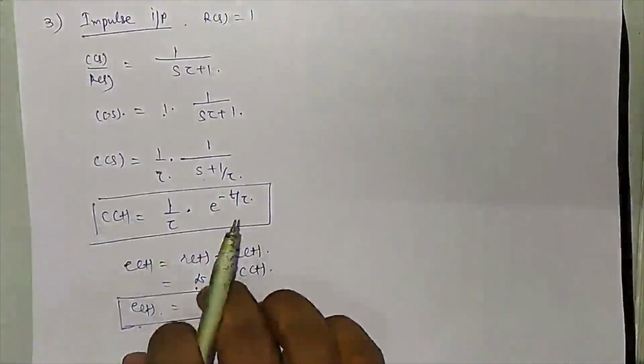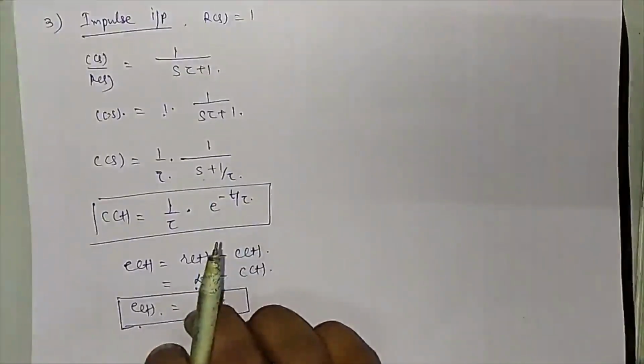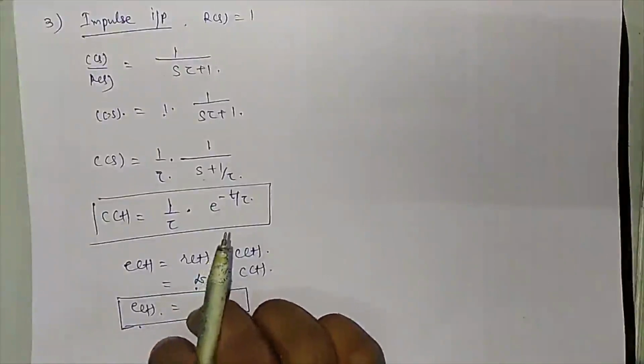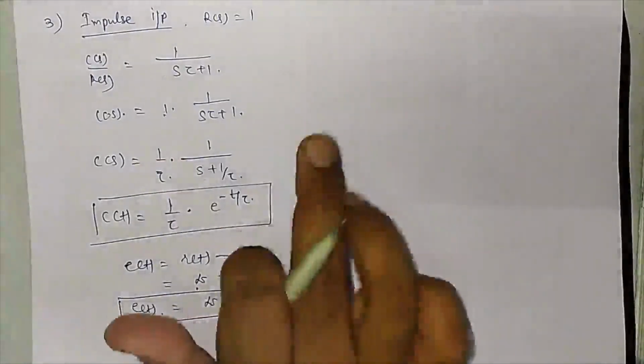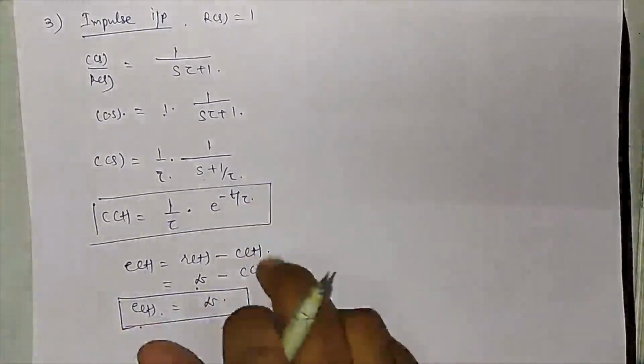So it might happen that in your examination it can be asked in this manner: explain the transient response of a first order system by deriving the value of C(t) by applying step input, ramp input and impulse input. Okay, so you need to complete this with the help of examples also. Done. So this is regarding your first order system.